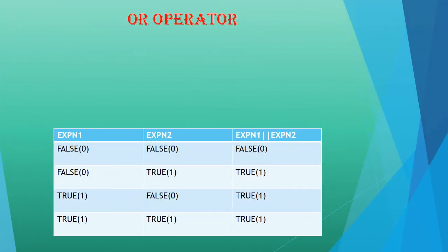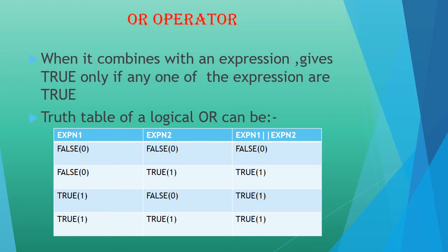Now we'll go for the logical OR. What is this logical OR operator? Yes, this is also combining the operation with two operands. So we have here expression 1, expression 2, and what is the difference? Instead of into we have here plus. So we'll just go with it. Same conditions, we have 0 0, 0 1, 1 0 and also 1 1.